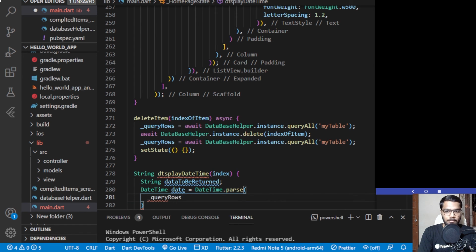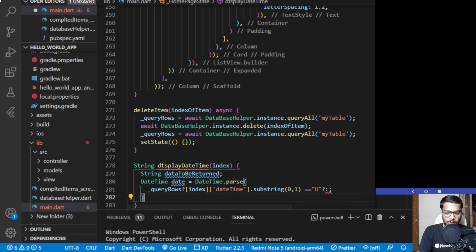So we'll be checking if query rows index, the date time dot substring. So if the first character of the date time substring is equal to u, which means that the field is having data related to the updated field. So for that we'll be adding a u over here, and if this is the case then we'll be doing a particular thing, else we'll be doing another thing. Let me add question mark over here, and